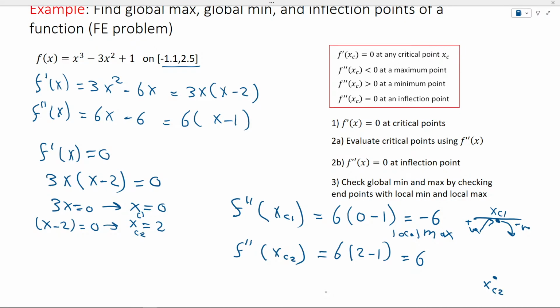After this point, it is increasing. So I have a positive slope, which means that before it was a negative slope, so this would be a minimum point, and the slope here would be 0. So that would be a local minimum. So this is a local maximum, and this is a local minimum. I'm done. I identified